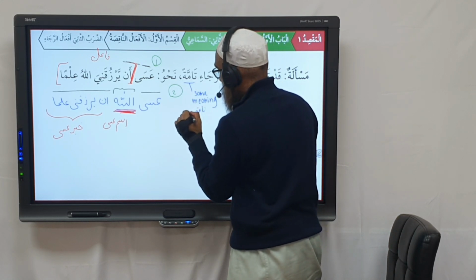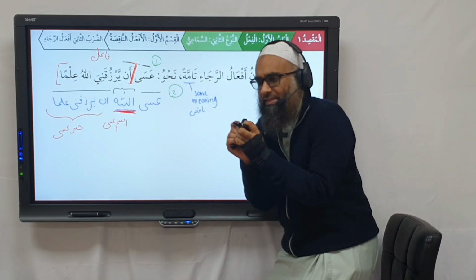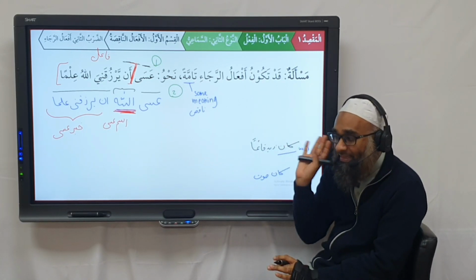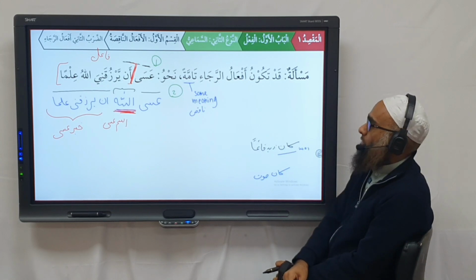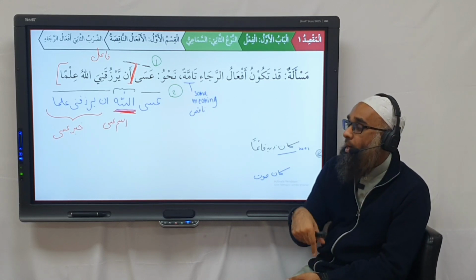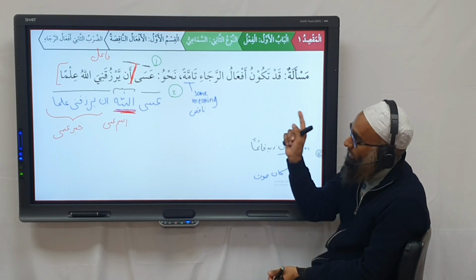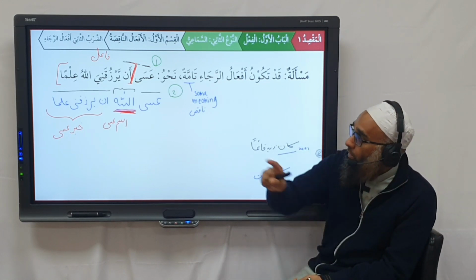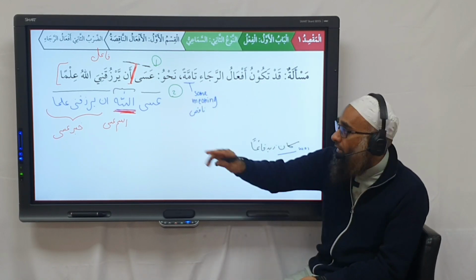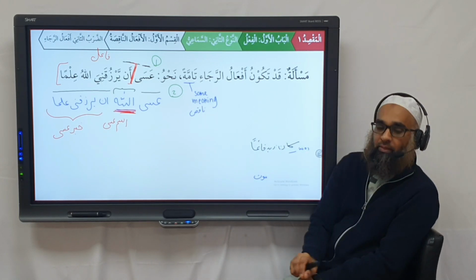So in this, when you have asa an yarzuqani Allah ilman and asallah an yarzuqani ilman, there are technical differences in terms of emphasis, etc. That's the balagha aspect. However, both will have the meaning of hope. The raja meaning stays the same. Do you understand? So the two key points are that the meaning stays the same in asa tamma, af'al raja tamma or naqisa, but the i'rab will change. So in asa, when it's tamma or naqisa, it gives the meaning of hope still. However, when you have no fa'il, no marfu' after it, the an and what's after it becomes the fa'il. And when you have the marfu' after it, it becomes what? Ism of asa and khabar of asa. Have you understood this?